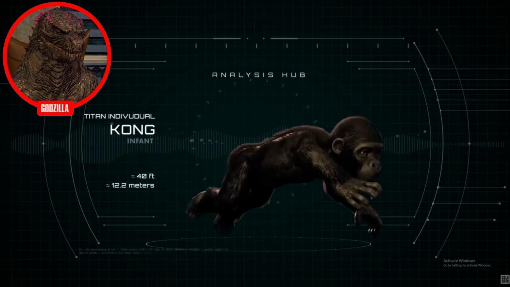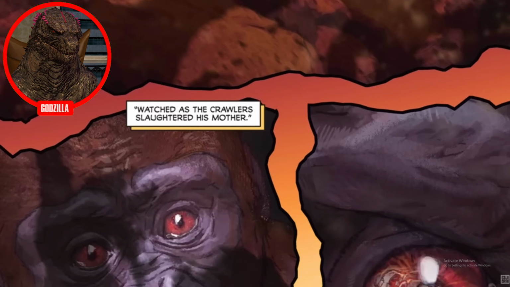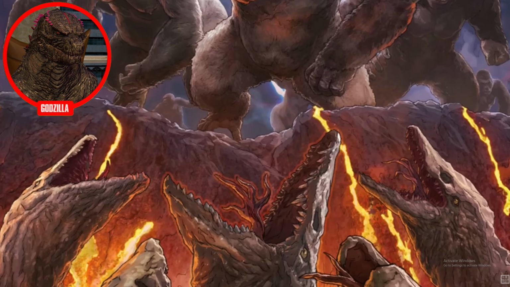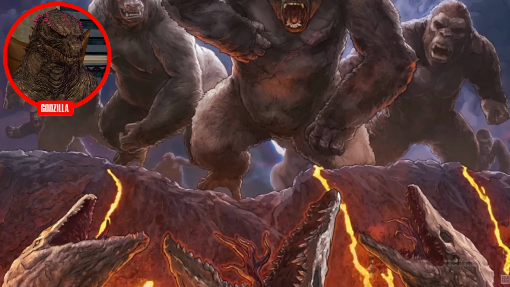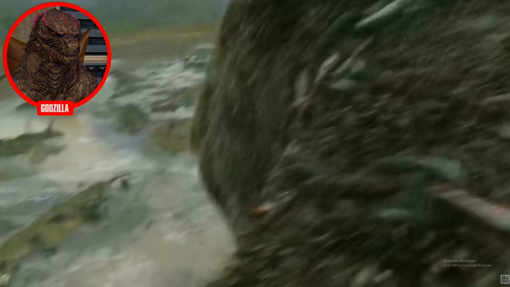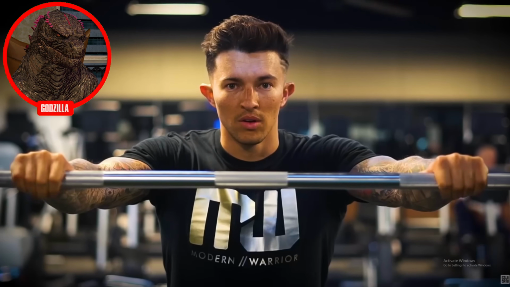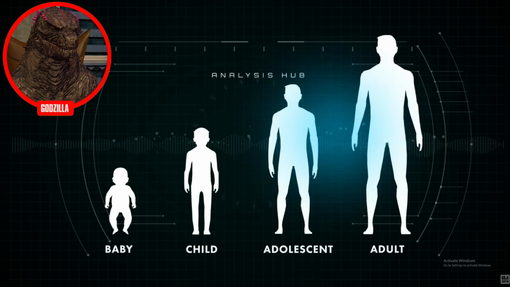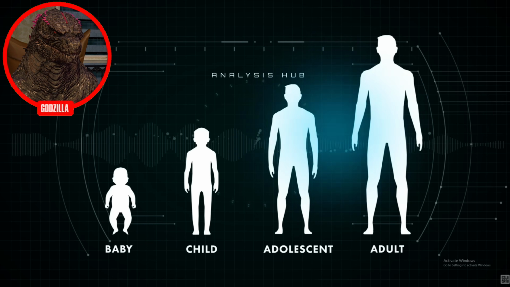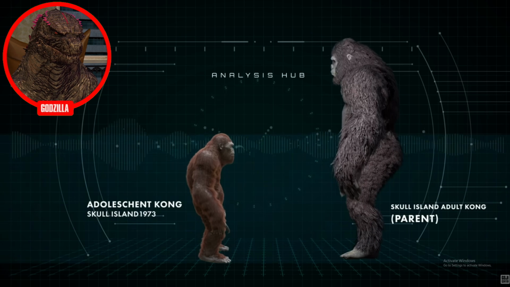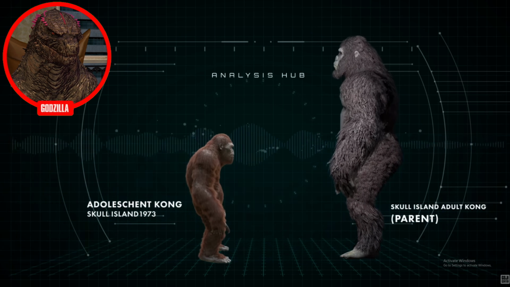If anything, the stress would have only been higher for infant Kong than the stress inflicted on a whole group of apes with each other to rely on under the threat of skull crawlers. Further evidence of this increased stress on Kong: consider that apes, including us humans, usually surpass half of the height of the parents by adolescence in most cases. This Kong in 1973 only gets past this threshold by a bare minimum.